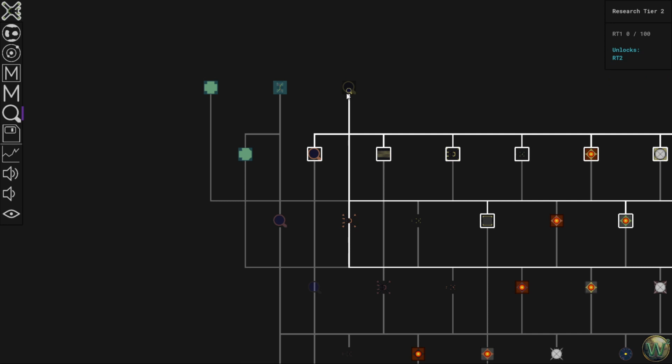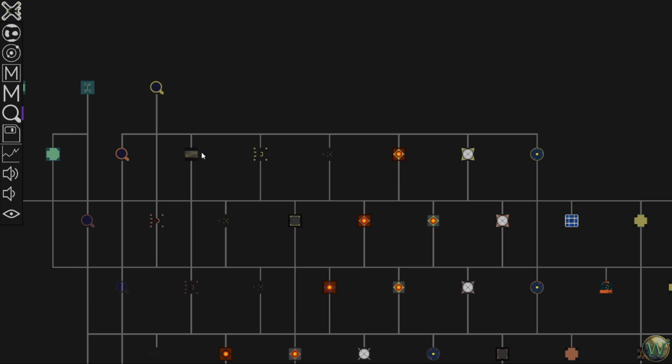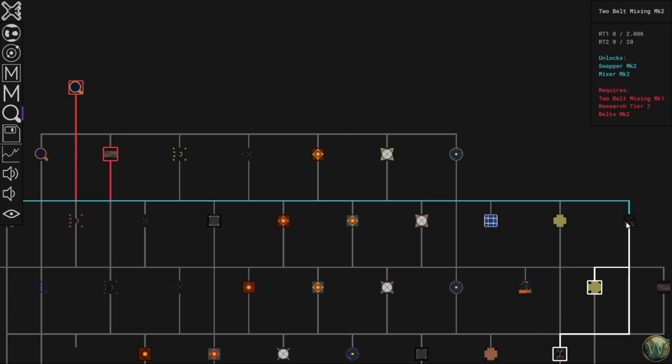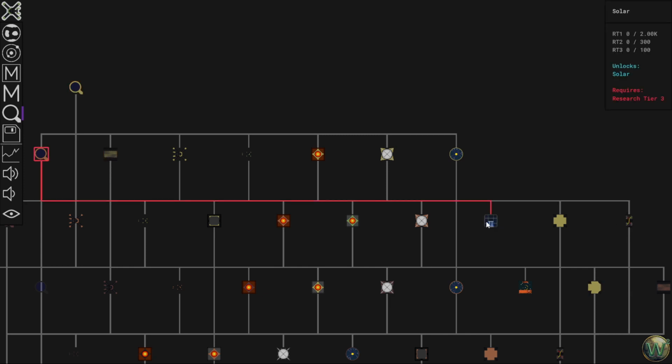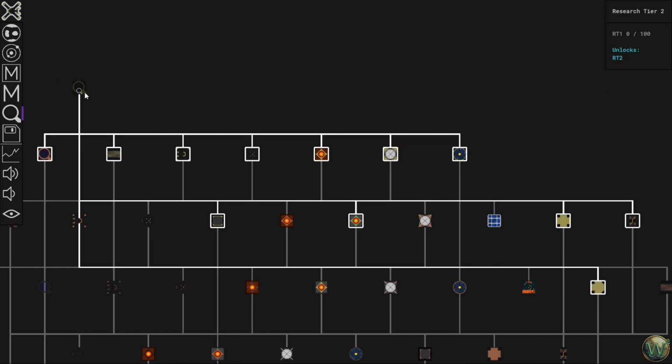The next thing we need to unlock is Research Tier 2, which unlocks all of these things, including Belts Mark II, Arms Mark II. I'm guessing these are both just faster. And Long Arms Mark I, Furnaces Mark II, Miners Mark II, Influencers Mark II, and I think it continues over here. And then Crossings Mark II after we get belts unlocked, and Belt Mixing Mark II once we get belts unlocked. So you can kind of see we have a bit coming up ahead of us. So let's just go ahead and unlock this, and that leads to...